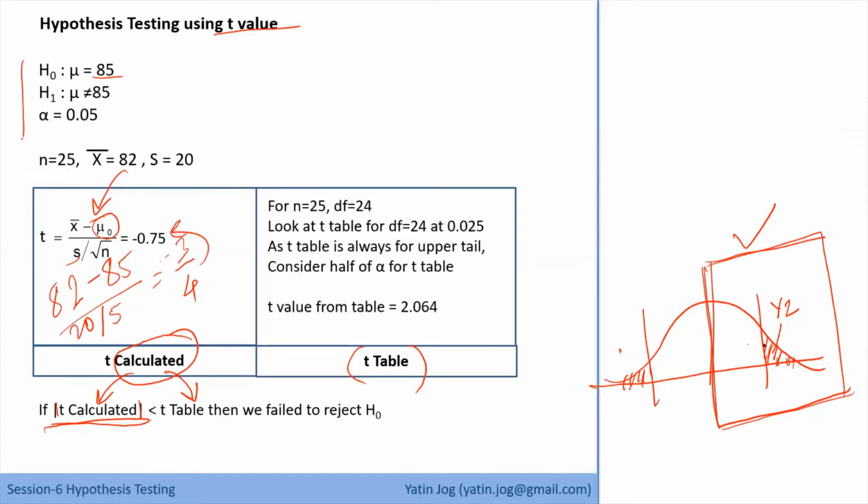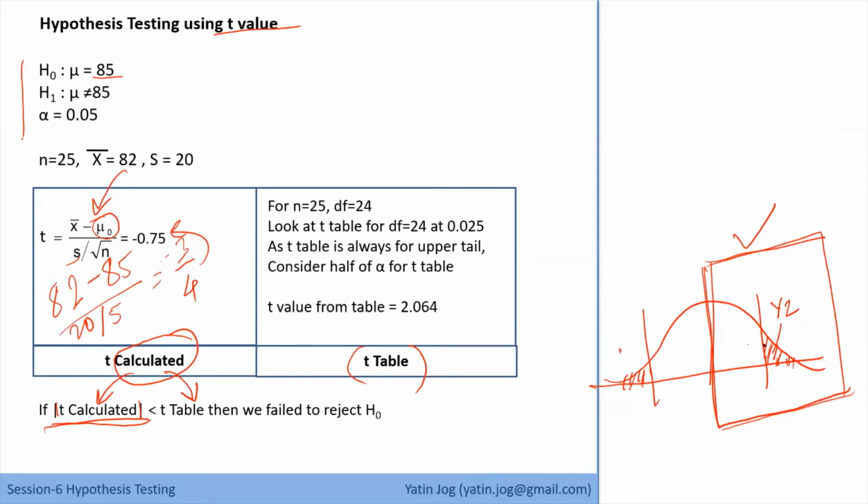Again, I'm telling you all these things you are not going to do using pen and paper. I'm just telling you what happens in the backend, what is the actual method of t statistics. Once we shift to Excel, all these things can be done with a single click without referring to any table. So just open the t table. Have you opened the t table on your machine? Yes, sir.